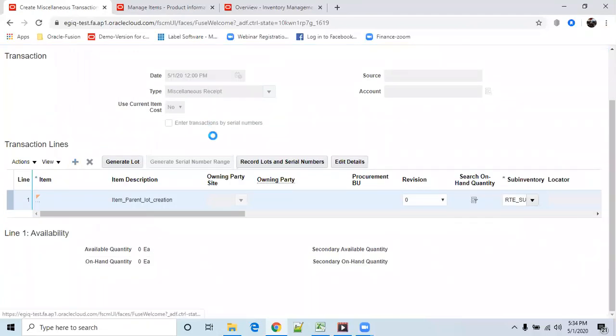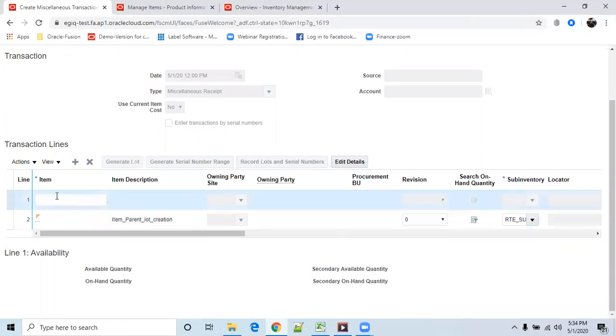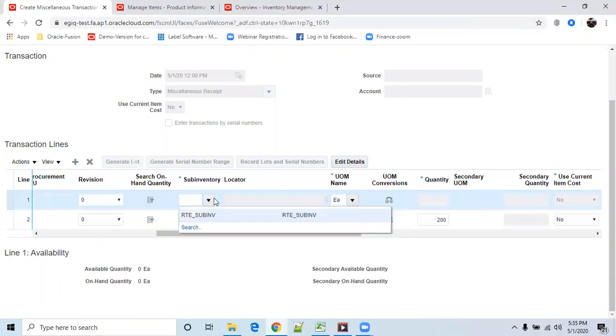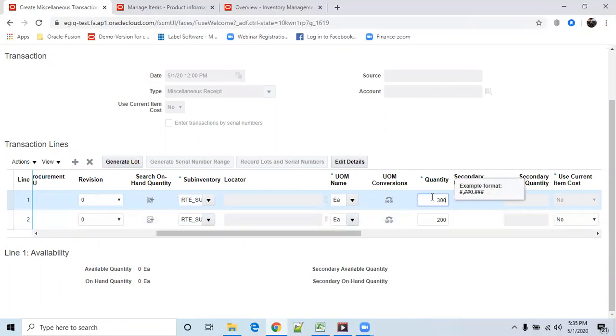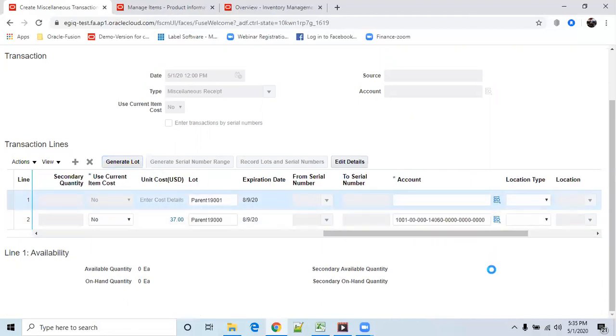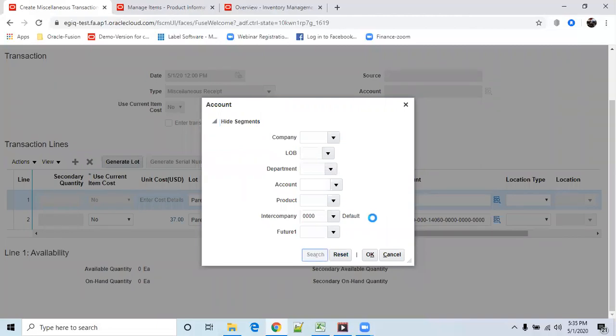I want to add one more line with the same item, revision 0, and the same sub inventory because we don't have any other sub inventory defined. Now I keep 300 here. When I click on generate lot, it has to come as 19,001. See, 19,001. Like that you can generate your parent lots.